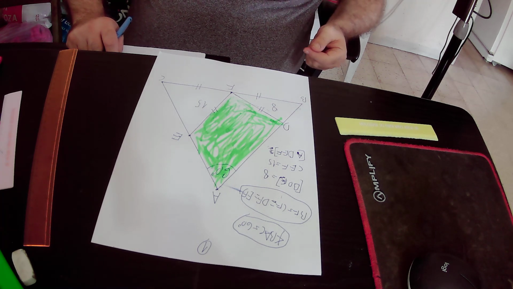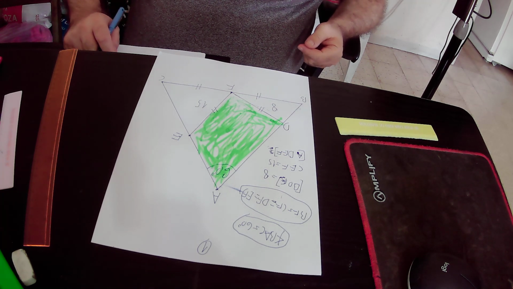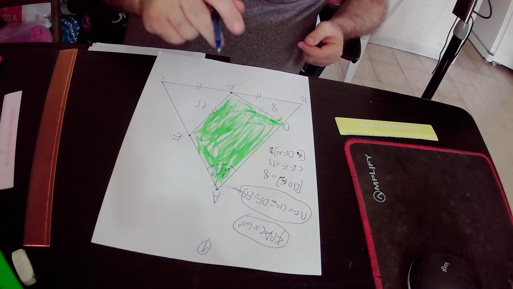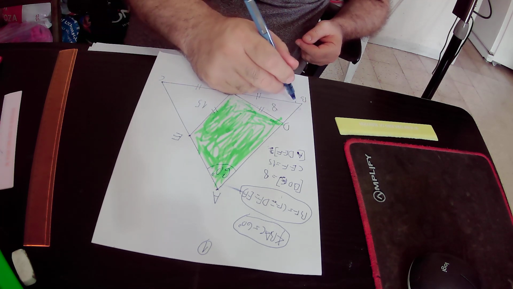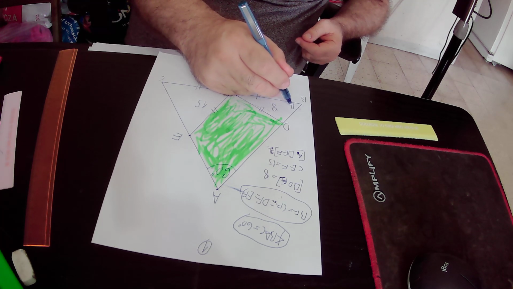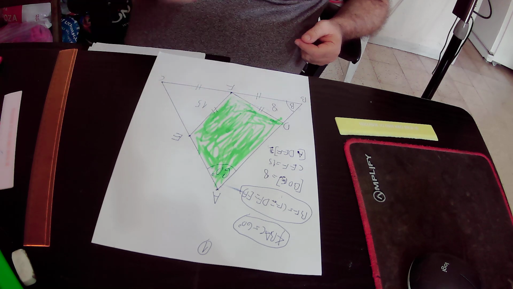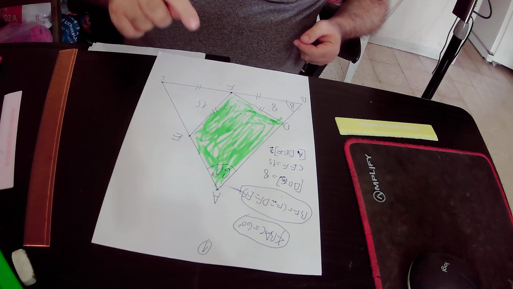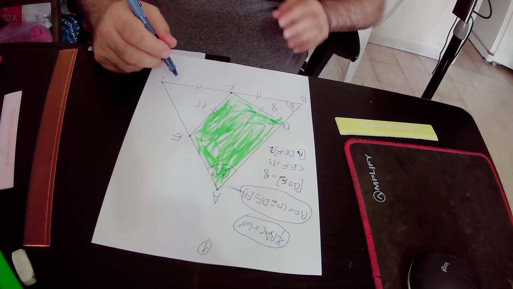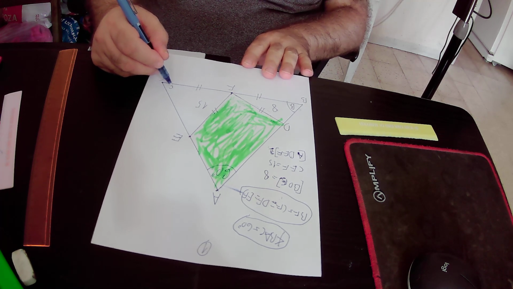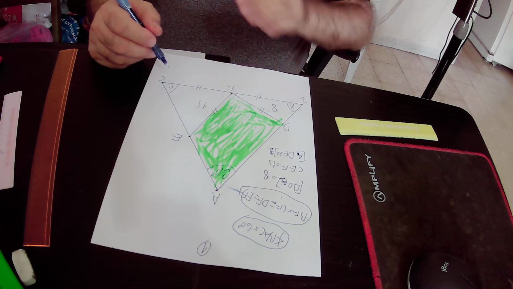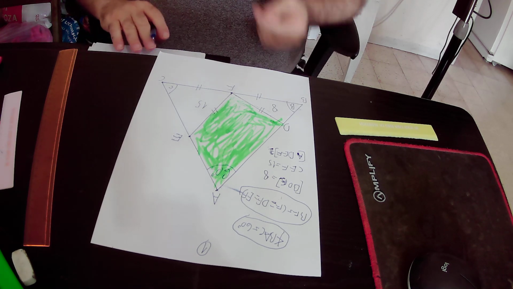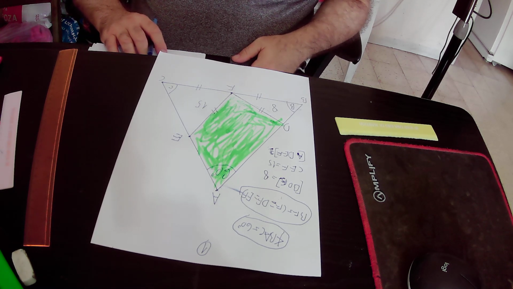Okay, so first of all we will define angle ABC. This angle is B, and we will also define angle ACB. This angle is C, and we know that